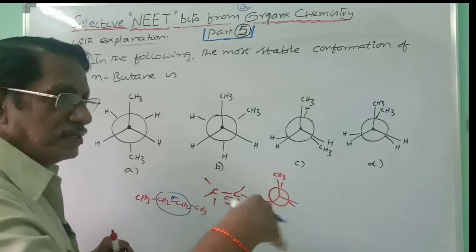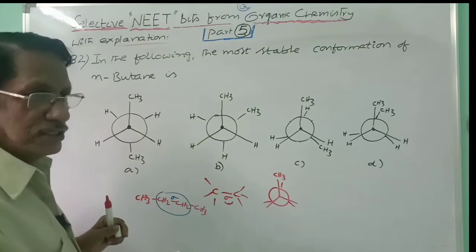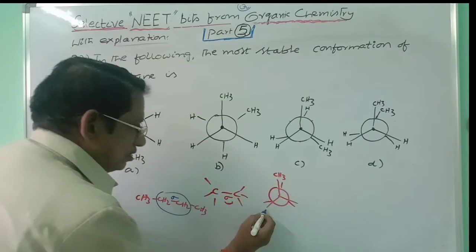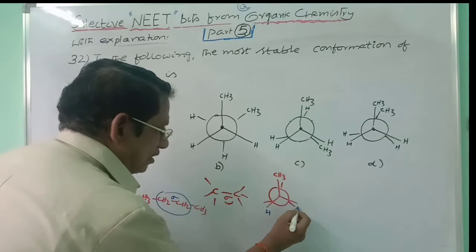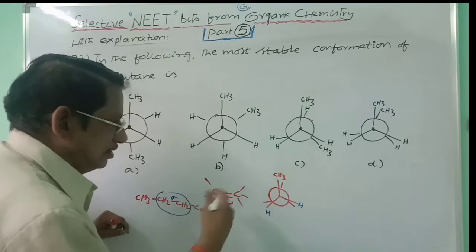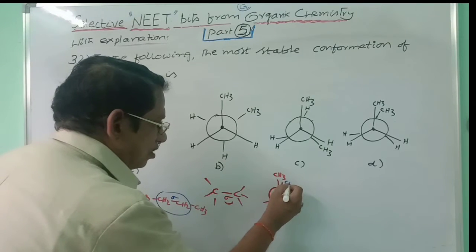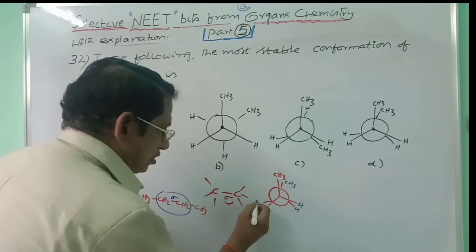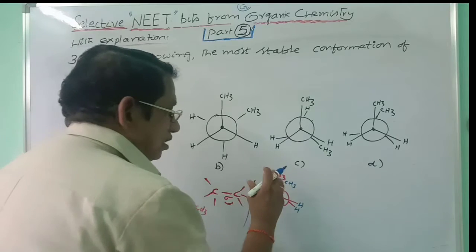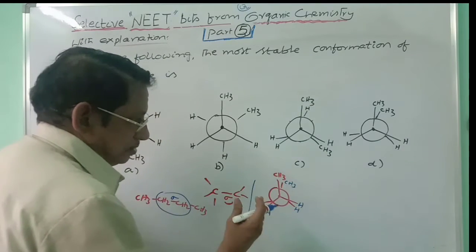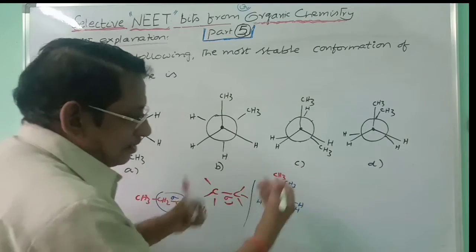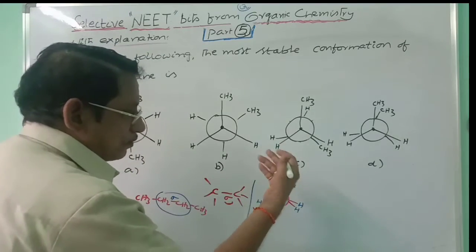You have to take the relative arrangement of these carbons when the rotation about the C–C sigma bond is taking place. Here this carbon is carrying CH3, hydrogen and hydrogen. This carbon is also carrying 3 groups, CH3, H and H. Like this you are writing, for example. The front carbon is carrying 3 groups, and these 3 groups on the front carbon are hiding completely the other groups present on the other carbon.